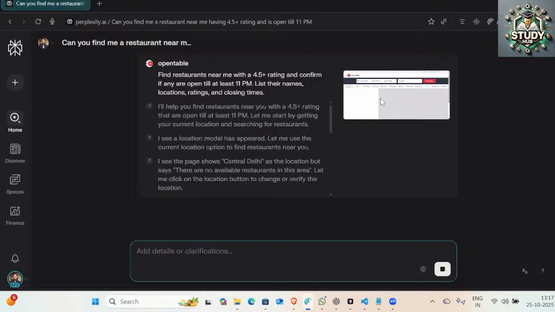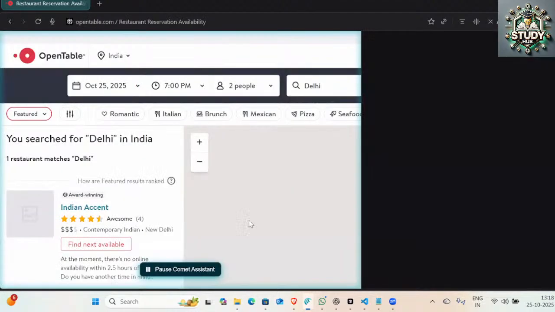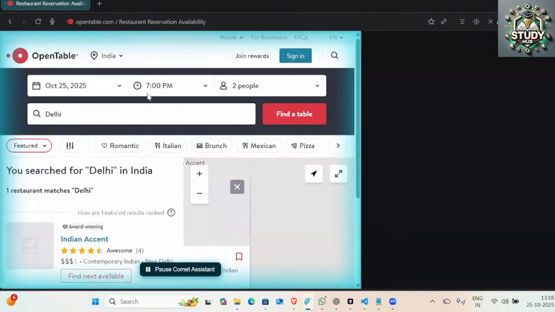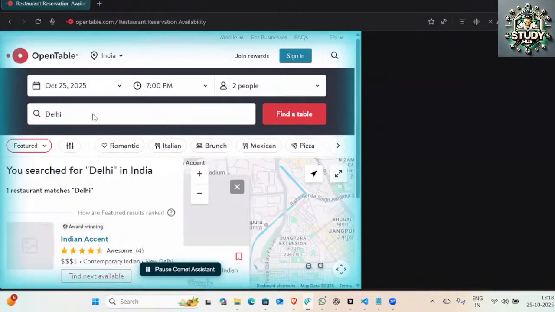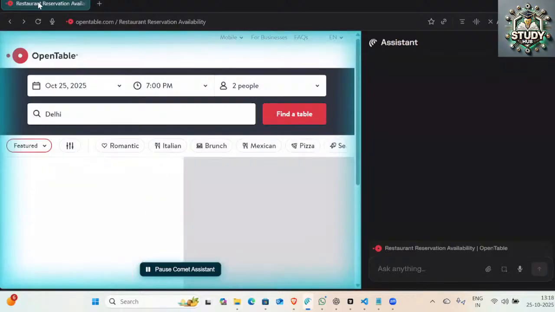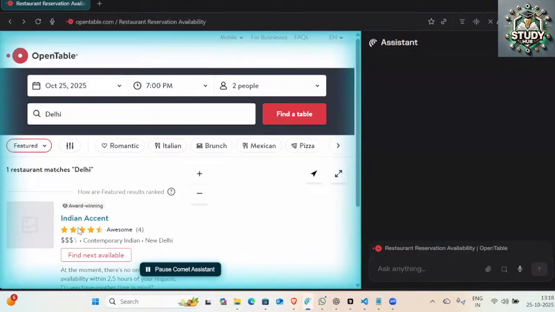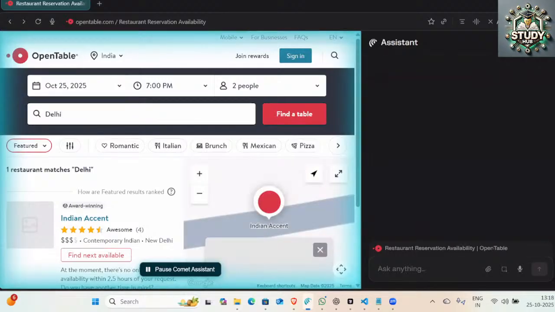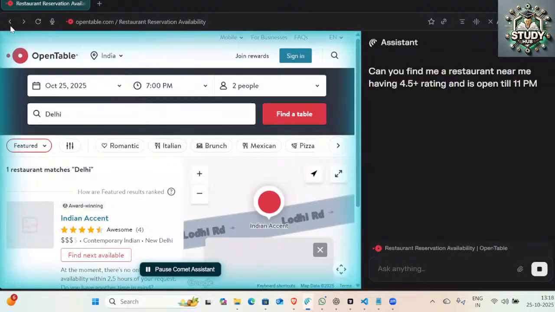So it is just looking at the tables, right? It is going through all the tables you can see, right? It is finding a table inside Delhi, right? Because it has taken my location. It is searching all the lists. It is doing the action, by the way, for me and getting the things done, right? So I can sit back and relax. And once it is done with the list, based on the reviews, based on the timings, it will show me the entire list of restaurants, right? So I'm just waiting for it to complete.